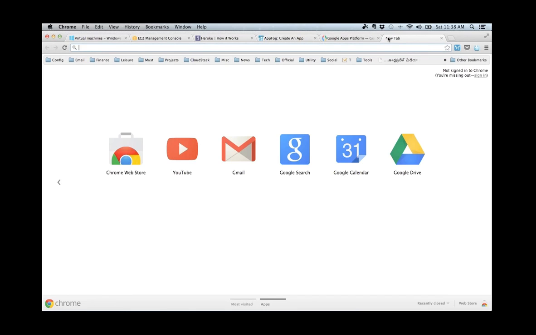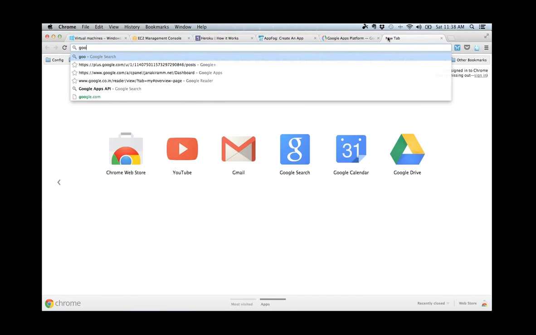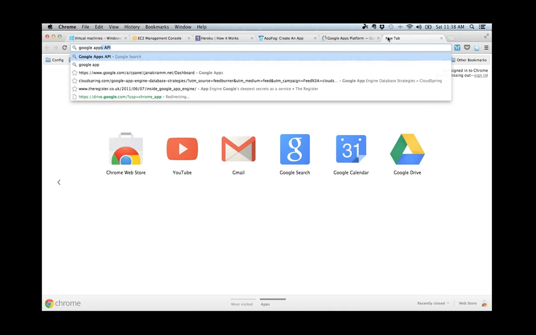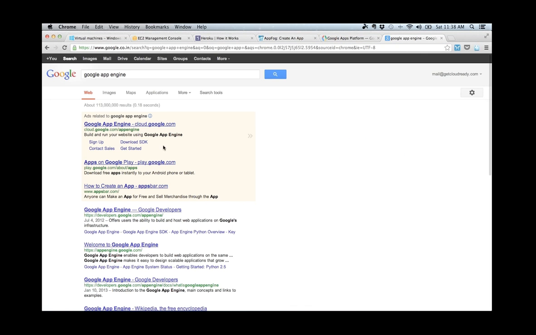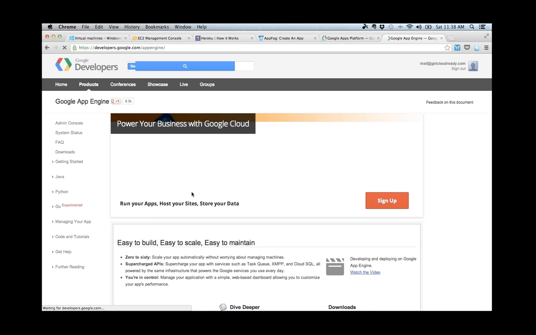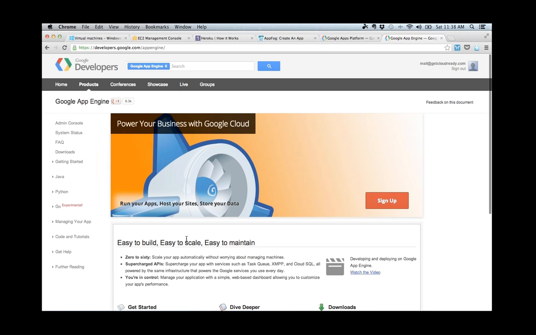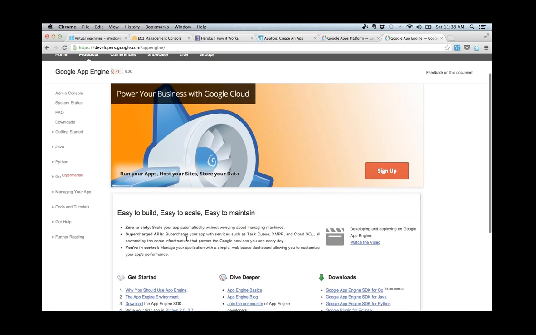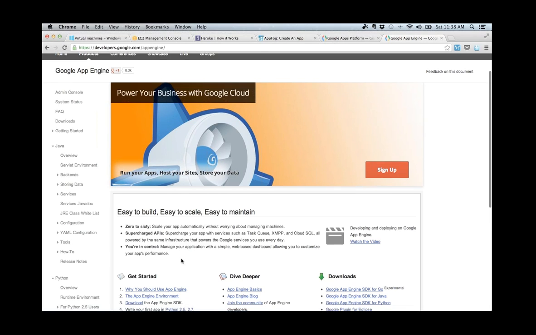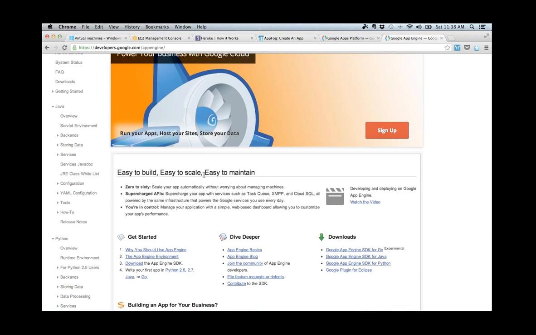And similarly, there is Google App Engine, right, which is a very popular platform as a service. So here in Google App Engine, again, you will never get to deal with VMs. You will just deal with runtimes and environments. For example, Google App Engine supports Java and Python, right? So you can quickly push your code.